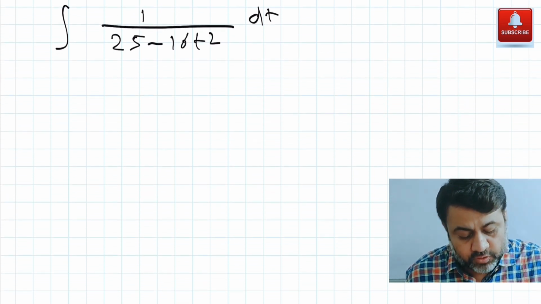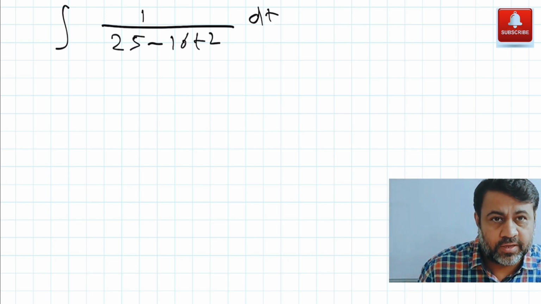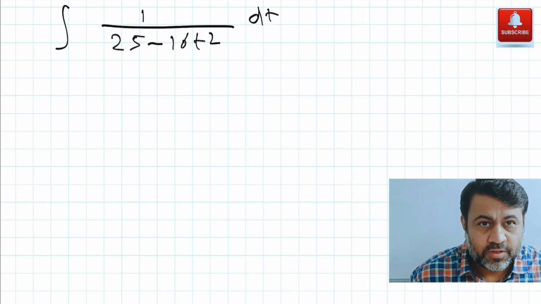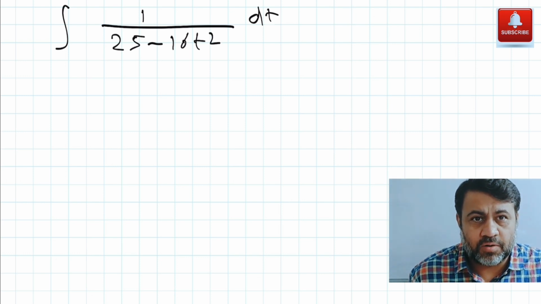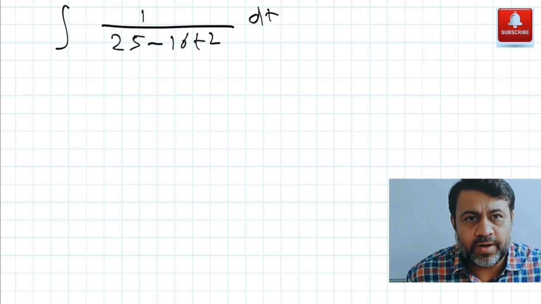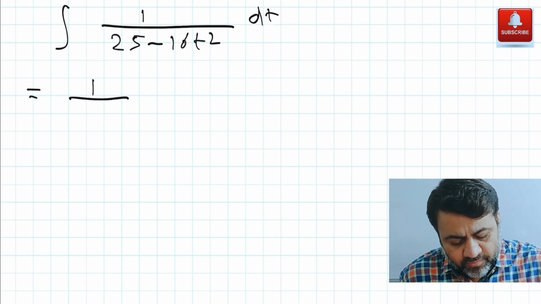Now our focus is supposed to be only on 1 by 25 minus 16 t square, को कैसे solve करेंगे? Now this is a 1 by a square minus x square type question, right? Do you remember what is the integration of 1 by a square minus x square? Constant minus variable. 1 by 2a log mod a plus x by a minus x. Just apply the formula 1 by 2a. Observe करो यहाँ पे a square 25 है. So a का value क्या होगा?